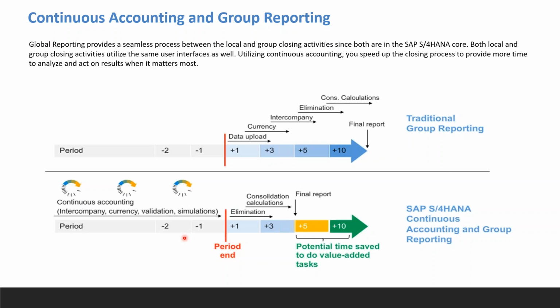The data transfer from ECC to BW will take only a maximum of an hour or so, right? So depending only upon the number of entities also. Yeah, it's the number of entities I'm talking about. Okay, maybe it takes a maximum of 1 hour or 2 hours. Okay, 3 hours, let's say, not more than that, right? So you're saving 3 hours of time, but not weeks of time, right?